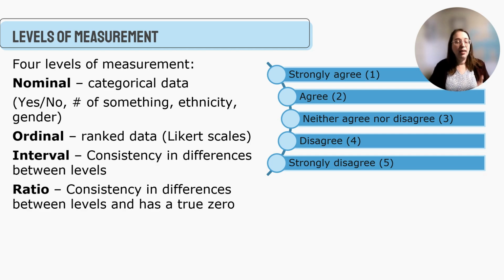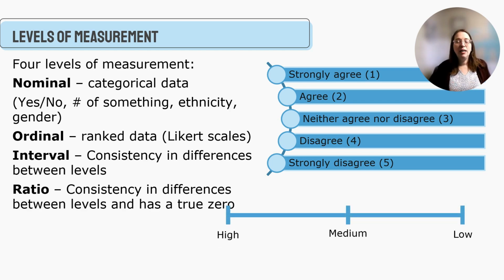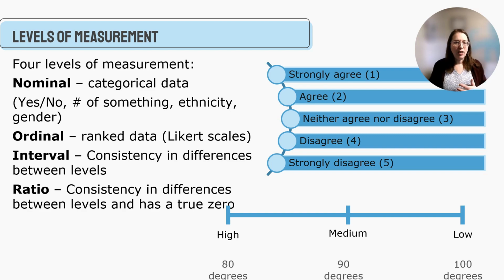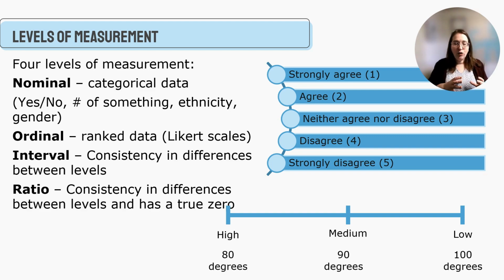Then you have interval levels of measurement. So with an interval variable, you might say, hey, there is a consistent distance between levels. I might say in this case, the distance between high and medium is the same as between medium and low. And so one example we use a lot with this is temperature. So you might say 80 degrees, 90 degrees, and 100 degrees. We can commonly say there's the same distance between 80 and 90 degrees and 90 and 100 degrees, right? We'd say there's 10 degrees. So we know it's interval. It's consistently different between levels.